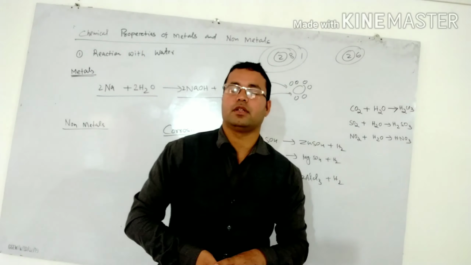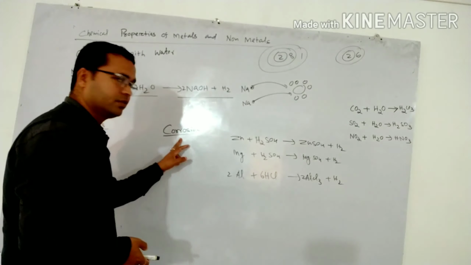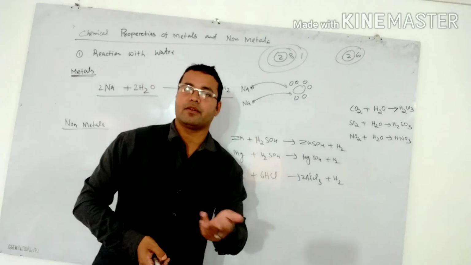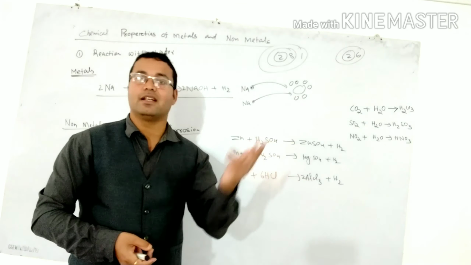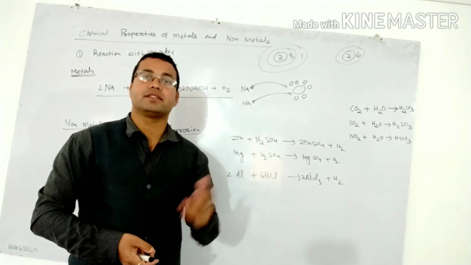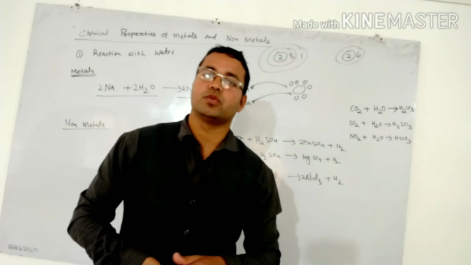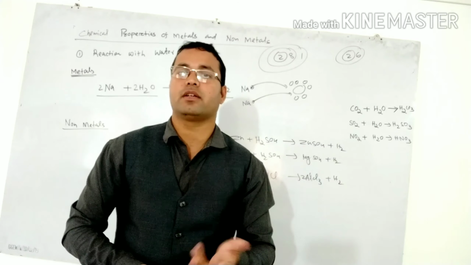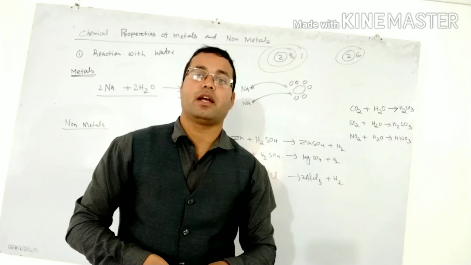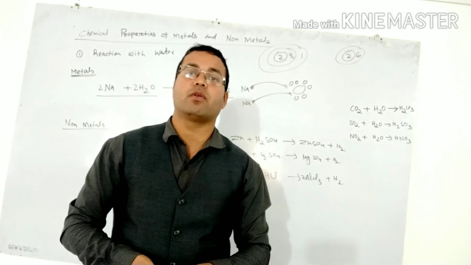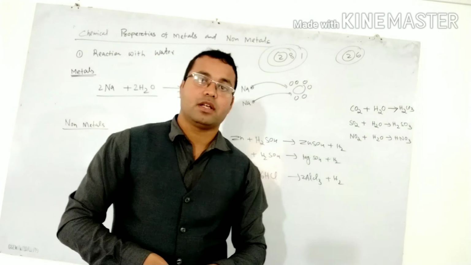Based on this concept we can explain a topic called corrosion. For example, iron instruments and grills, after some days, get rusted. So when some metal is exposed to air and water, it is generally eaten up by water, and this process is known as corrosion. So rusting of iron is an example of corrosion.